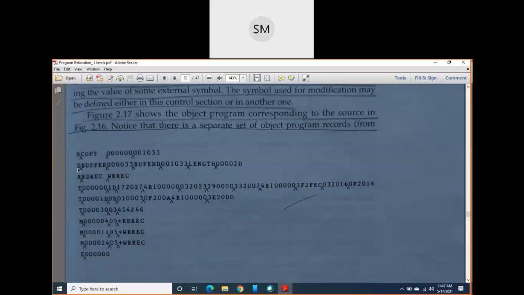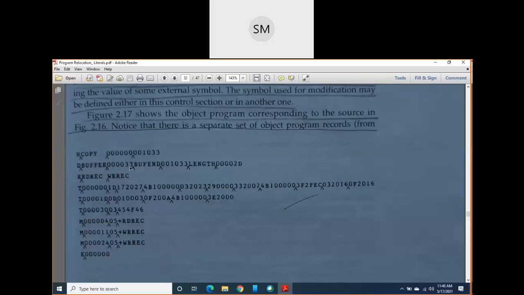Then I come to the define record. Immediately after the header record, you should write the define record. Here you should keep on listing the symbols which you have written in the external definition statement of your program, and immediately after that you should write its address.